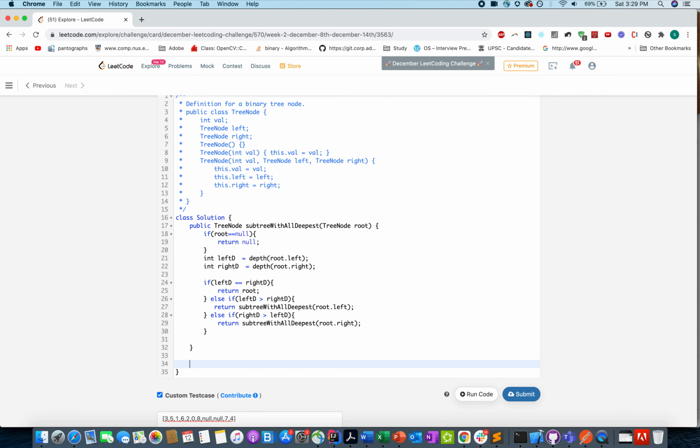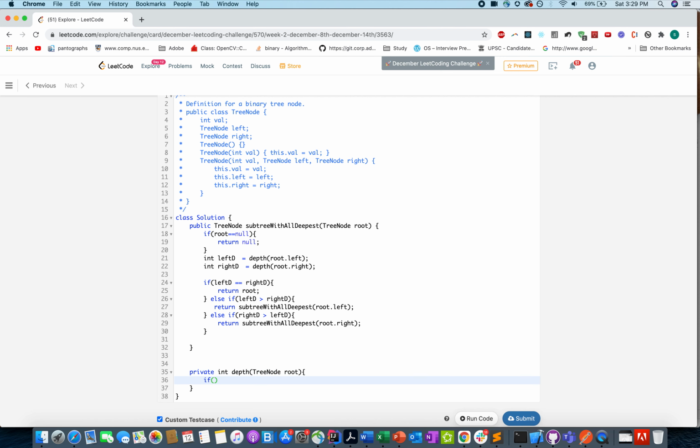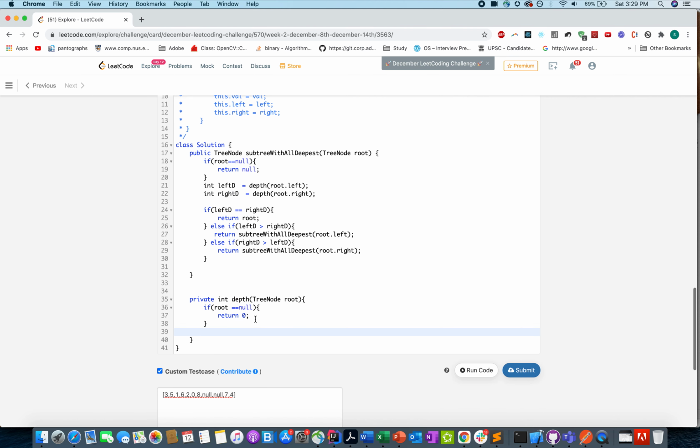Now we'll write a helper method to check for the length. So how are we going to do this? Private int depth, TreeNode root. If root is null, you return 0. That's fine. Otherwise, you search for left depth, that would be equal to depth of root dot left.